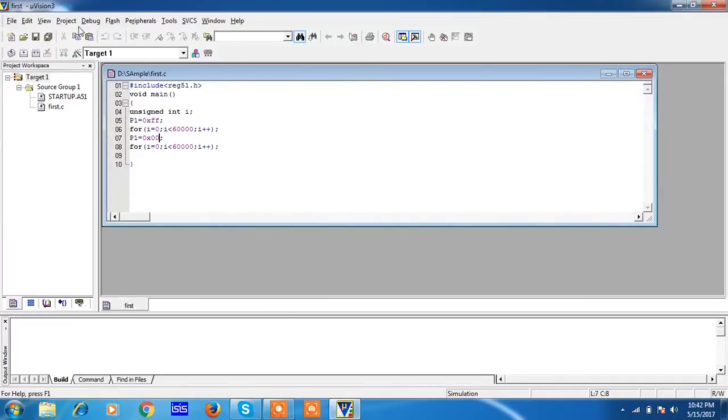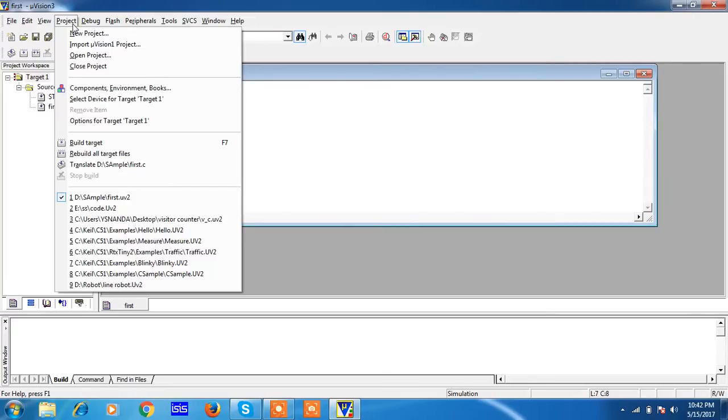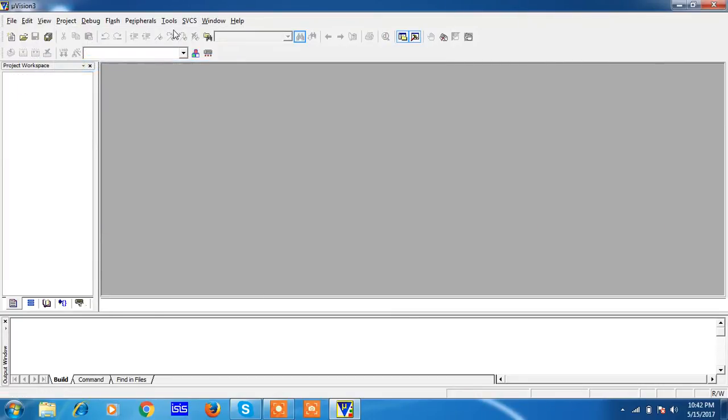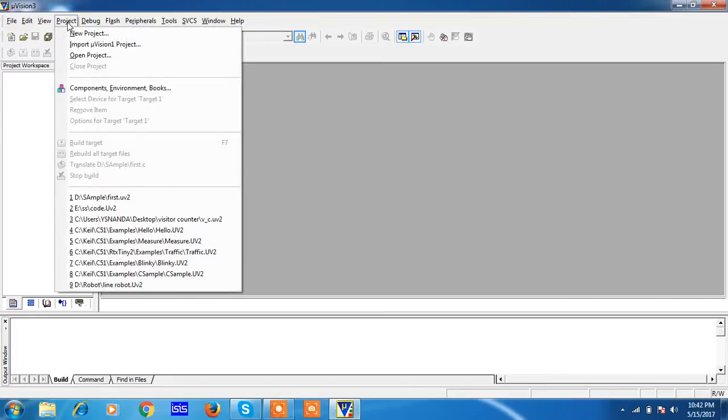So this is the default project file, it will open. Just try to close this default project which is opened with your MicroVision software. Now this is the first program or first project you are going to create by using Keil MicroVision. For this, select the Project tab and choose the option New Project,